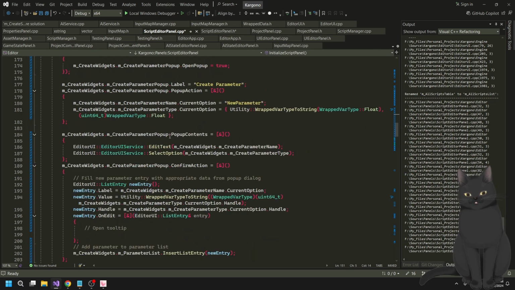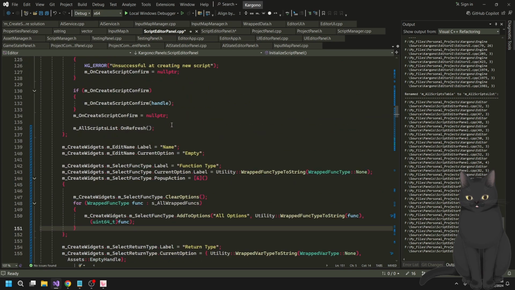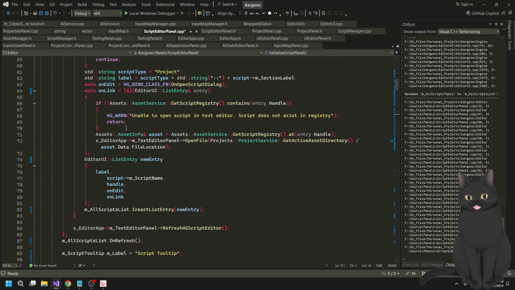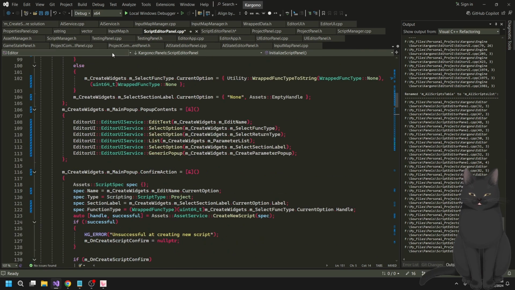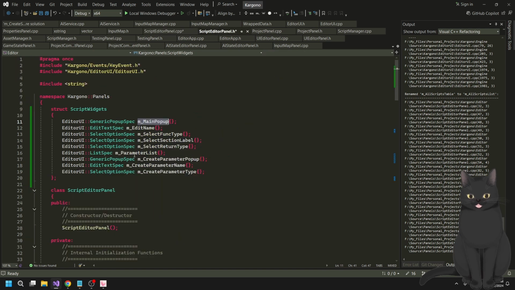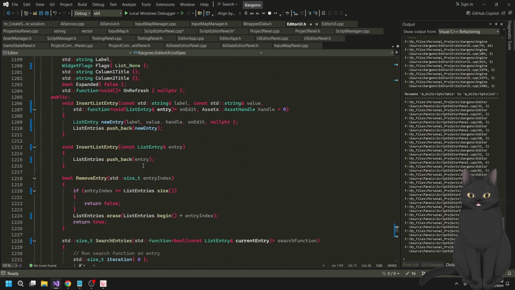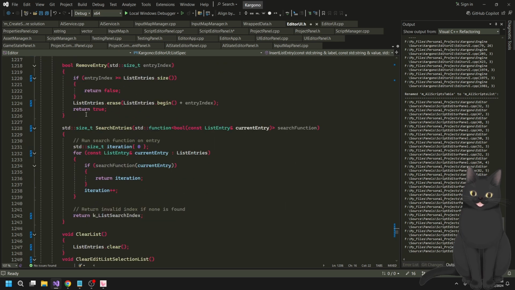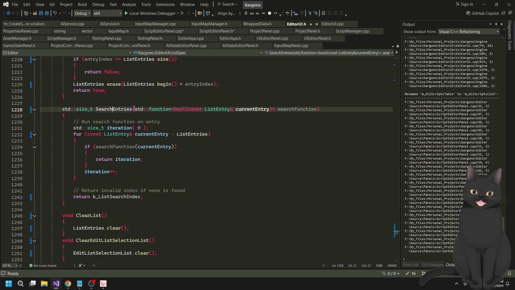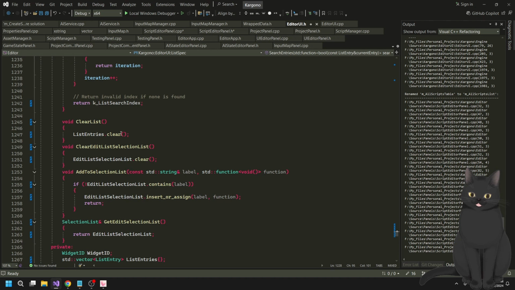Ooh. Okay. And then I forget if I have an API for providing the current entry that I'm working with. Let me see my list section. Insert list entry. This is more like push list entry, but whatever. Search list entries, so I can search for particular criteria if I want to. That's cool. Clear. Okay, so I can't uniquely identify